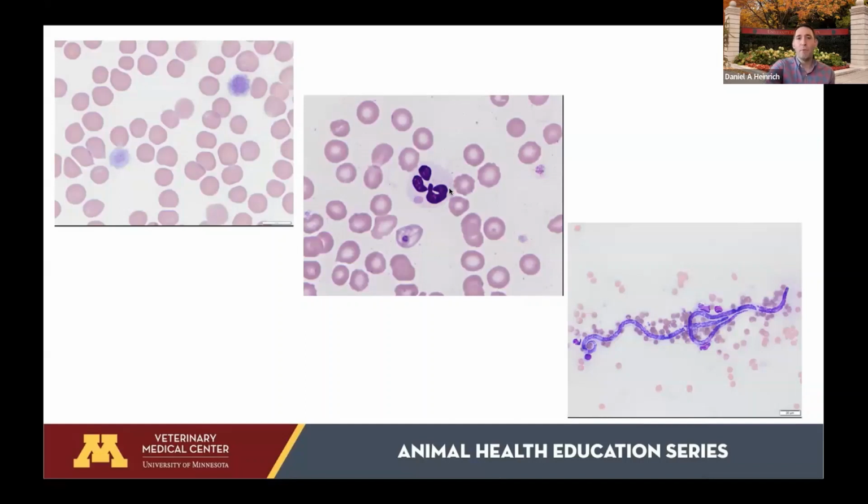Other things we can look for, this is an example of a dog who has something called distemper virus. So if you think about when you vaccinate your dog or your cat for various illnesses, distemper is a big one that we vaccinate dogs for. And this little kind of pink dot inside of this neutrophil and this little kind of purple pink dot on top of this red blood cell are examples of us actually seeing the distemper virus in the dog's blood. So the analyzer can't tell us that it's there, but we can find it when we look at the blood